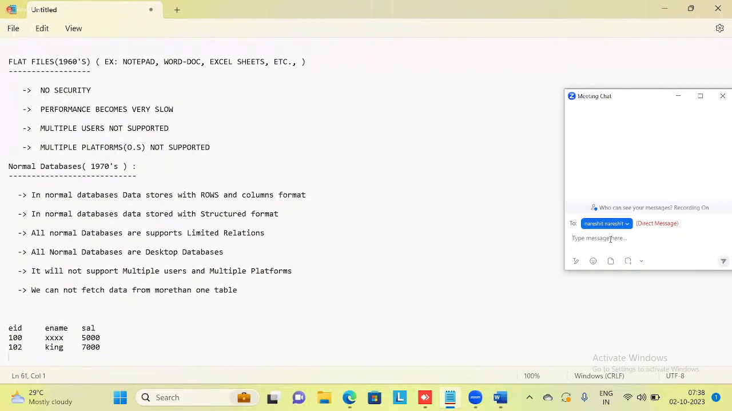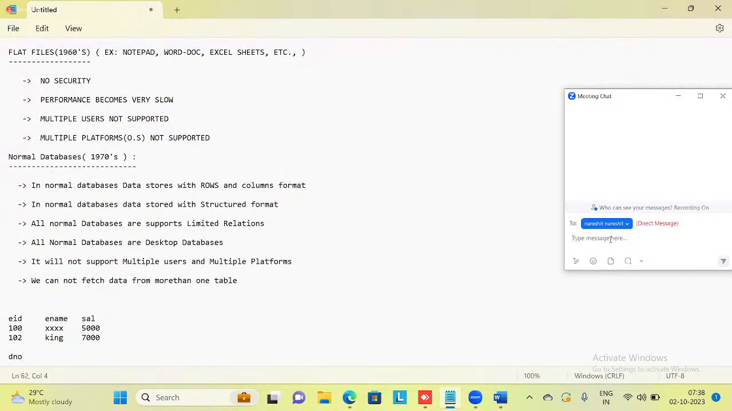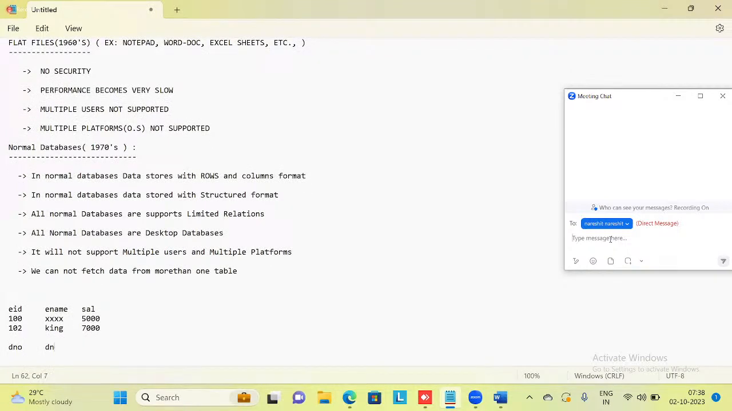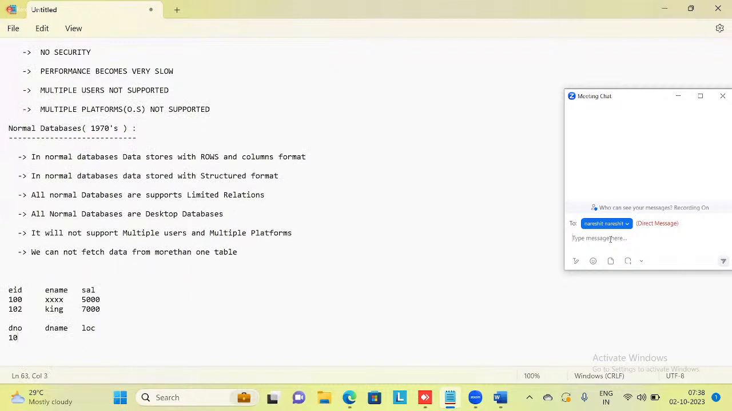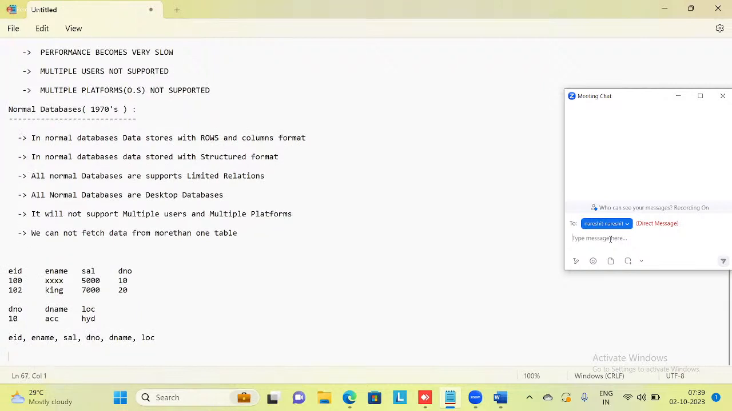Suppose one is the employee table. The second one is the department table. It contains department number, department name, and location. My requirement is department number 10, department name is accounting, location is Hyderabad. Suppose I want to display employee ID, employee name, salary, department number, department name, and location. I want to display this